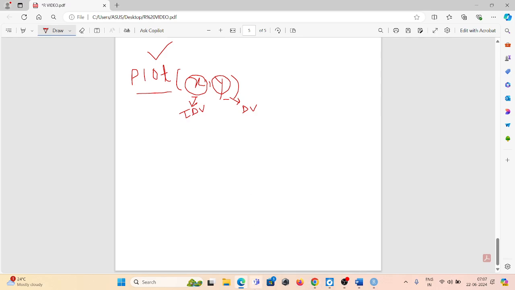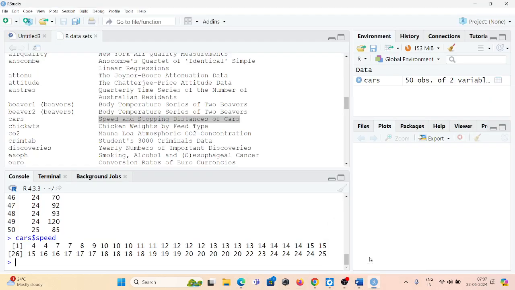So what can we write here? Just go to your RStudio. Here, suppose I want to plot with these two variables, speed and distance. Which one will be dependent, which one will be independent? I told you that the variable that can be manipulated is called the independent variable.